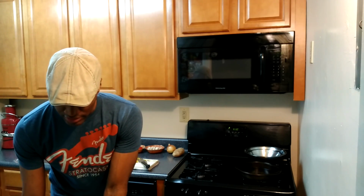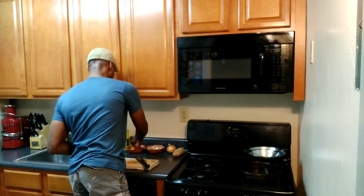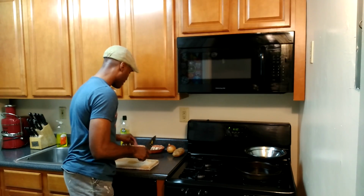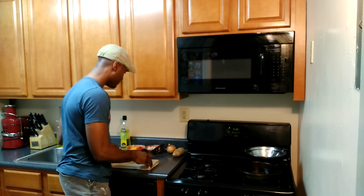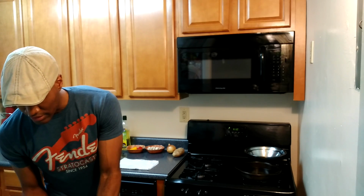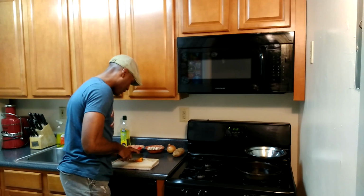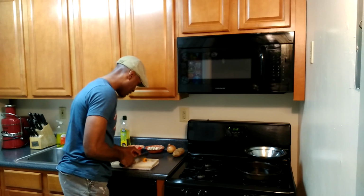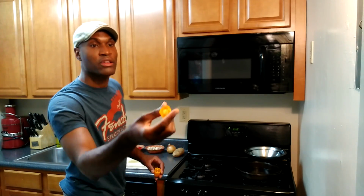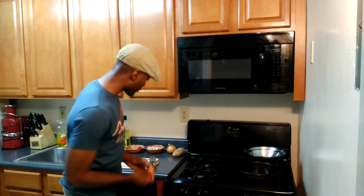A little extra seeds in there. That's all right. You guys totally see what I'm doing here. It's very simple, very easy. Scrape some of these extra seeds off in here. See, most of the seeds, I don't know if you can see that, they are toward the top. So you just cut that little top off, shake the rest of the seeds out,